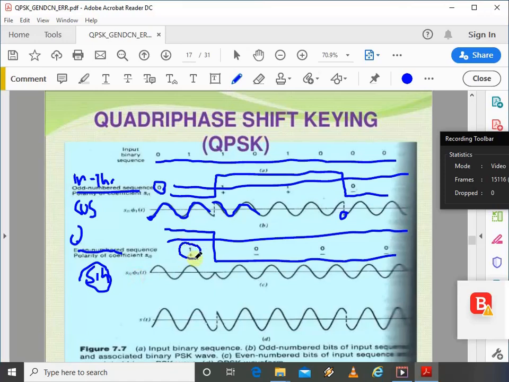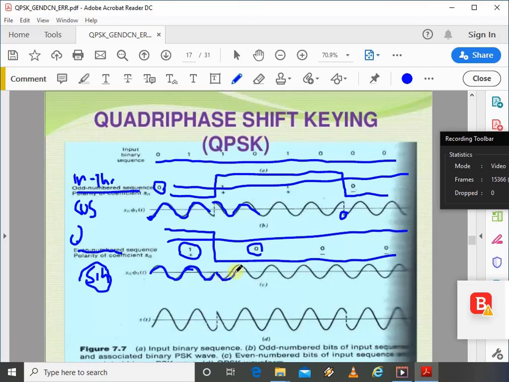Therefore in BPSK we transmit 1 bit without any phase shift. Here is the sine, so it is starting from 0 without any phase shift. We have transmitted this. Whereas the next bit in the bit sequence is 0. It is having a negative amplitude. So negative multiplied by sine means minus sine. So the 0 is transmitted after a 180 degree phase shift. You just see that the sine signal is phase shifted by 180 degrees.